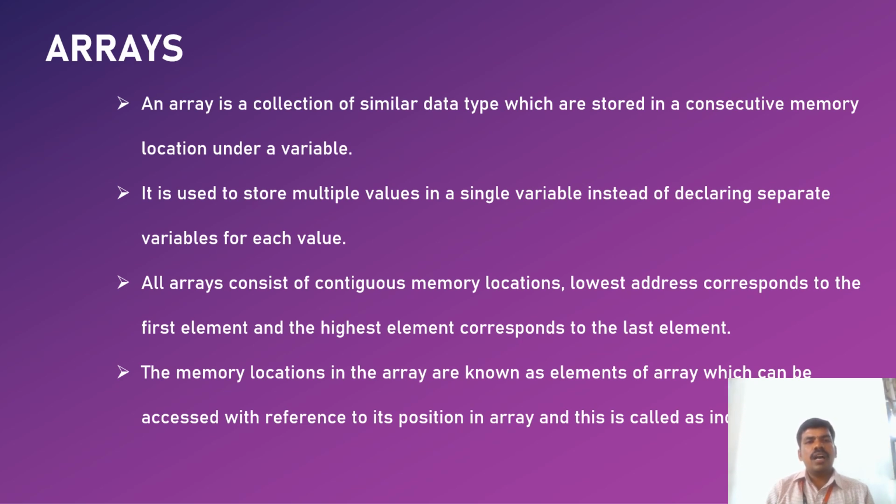Next is arrays. An array is a collection of similar data types which are stored in consecutive memory locations under a variable. It is used to store multiple values in a single variable instead of declaring separate variables for each value. All arrays consist of contiguous memory locations. The lowest address corresponds to the first element and the highest address corresponds to the last element. The memory locations in the array are known as elements of the array, which can be accessed with reference to their position in the array, and this is called